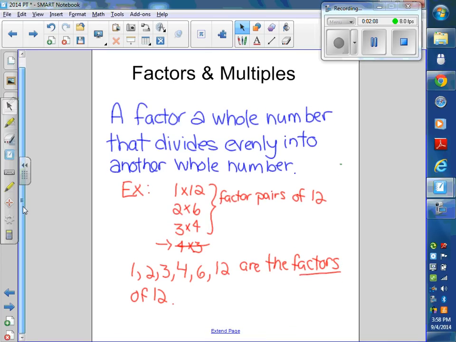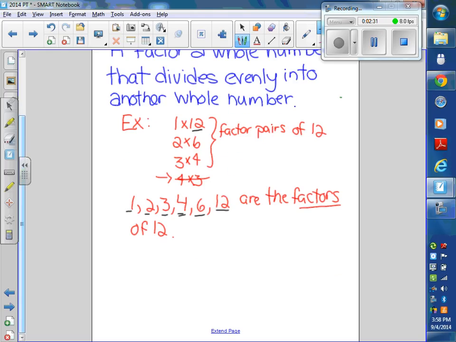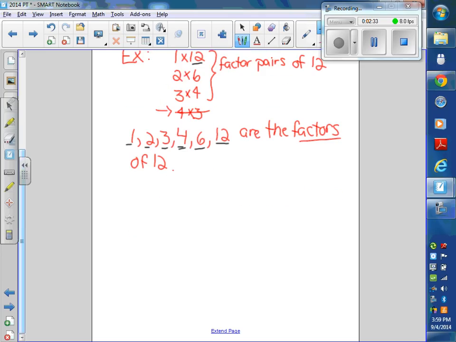Multiples. One thing about factors, when you're looking at this, the factors are always equal to the number or smaller than the number. For example, 1, 2, 3, 4, and 6 are all smaller than 12, and 12 is equal to 12. If I did multiples of 12, a multiple